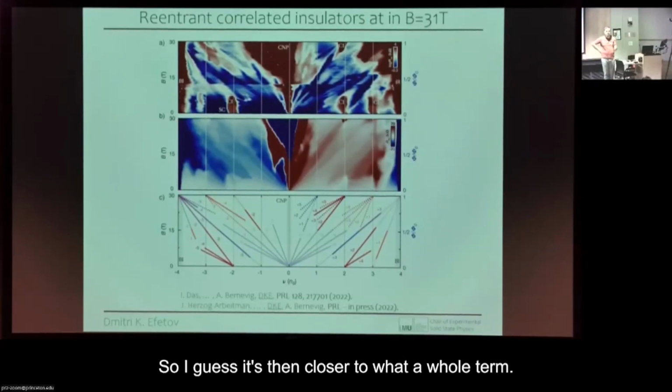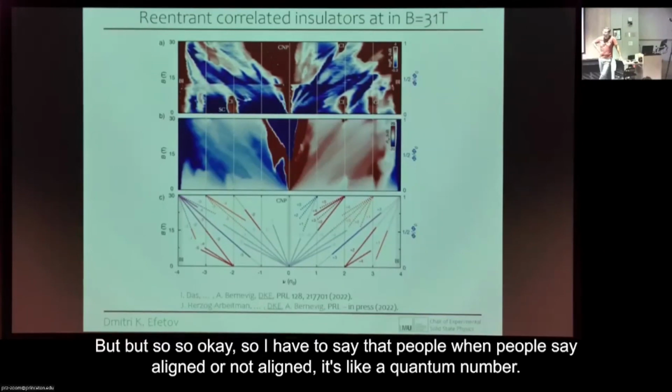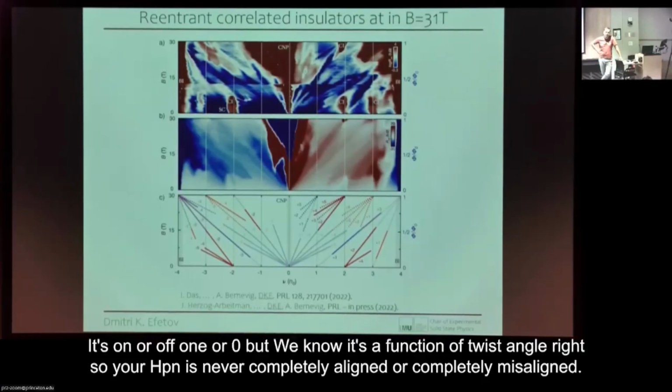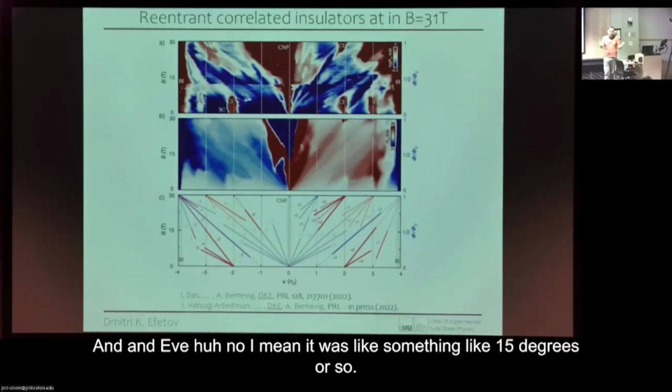Second question: is the anomalous Hall effect aligned with the substrate? No. We don't think it's aligned with the substrate. But I have to say that when people say aligned or not aligned, it's like a quantum number, on or off, 1 or 0. But we know it's a function of twist angle, right? Your hBN is never completely aligned or completely misaligned. It always has a certain angle to your graphene. And even,